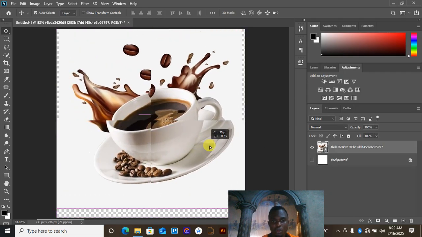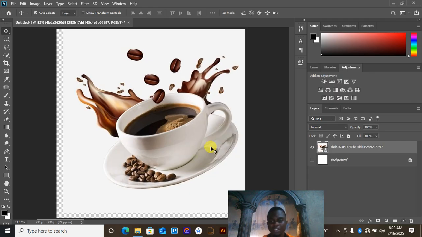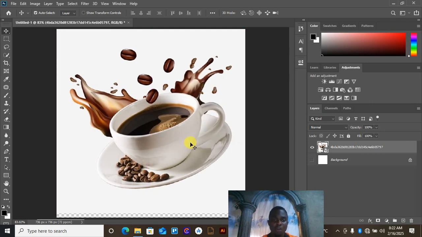So how do we remove this background? We have several methods in Photoshop, depending on how complex the image is. Let me show you a quick method on how to remove the background from our images. As I made mention of the layer panel,